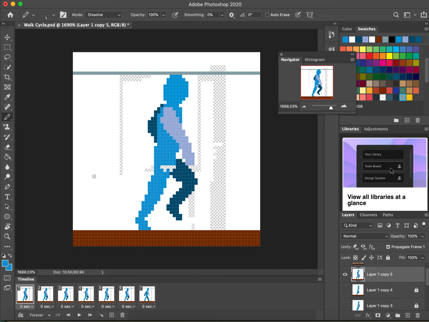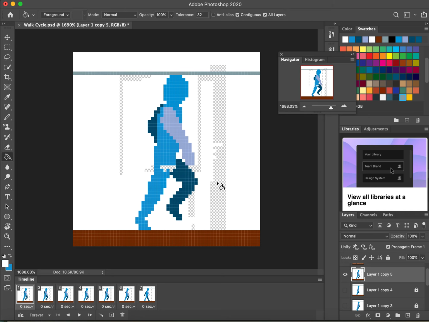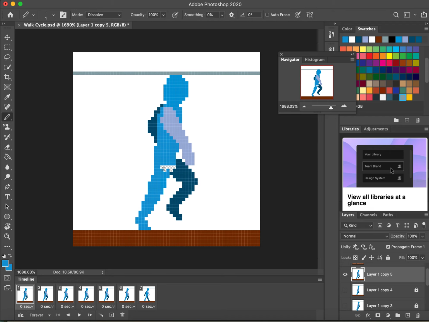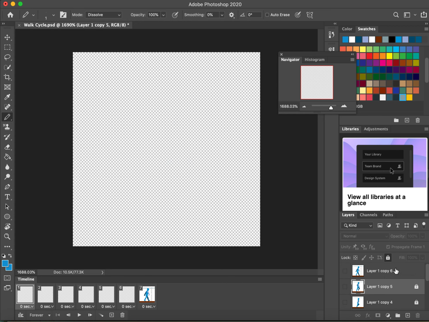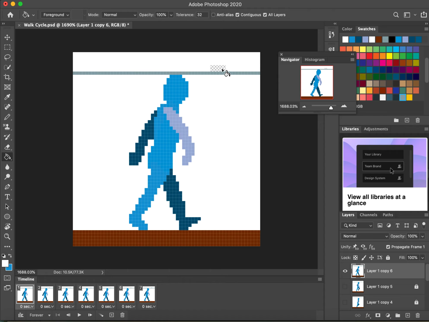Similar kind of setup, we've got transparent holes in the figure, so I'm just going to go back to the paint bucket, go back to white, block out the main chunks of it which are outside of the figure, and then using my blue and my pencil, just going to sort out these little bits in here. And that looks okay, I think, for the most part. We'll put the padlock back on that one, turn the visibility off, move on to the next layer, and put the visibility on, and we've just got a single block outside. So I'm going to go back onto white and paint bucket, fill that bit,